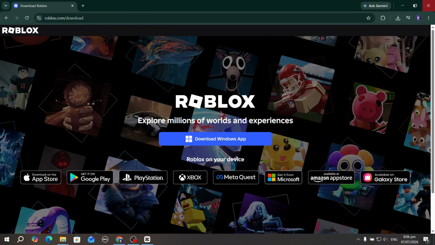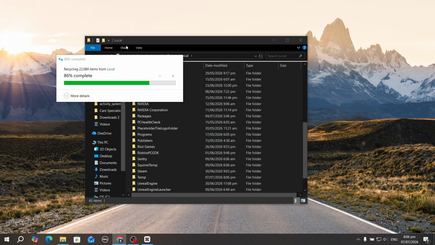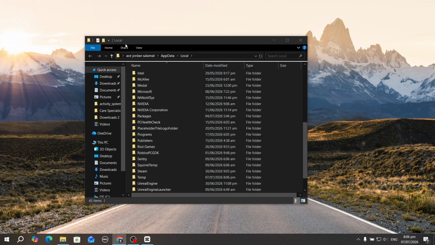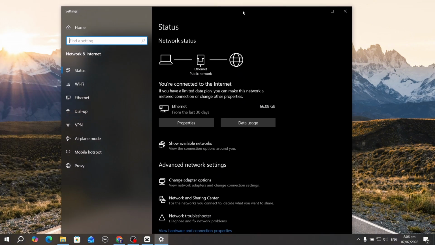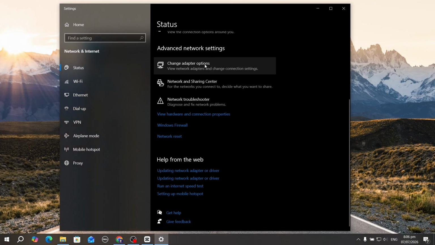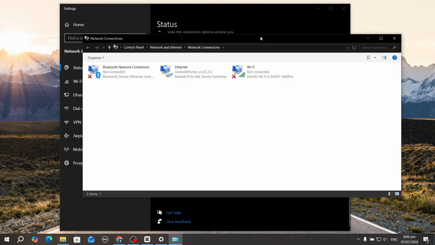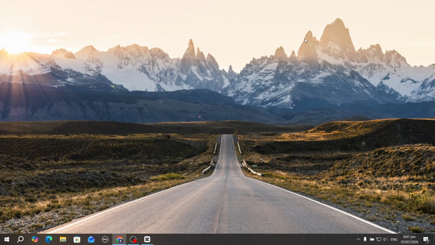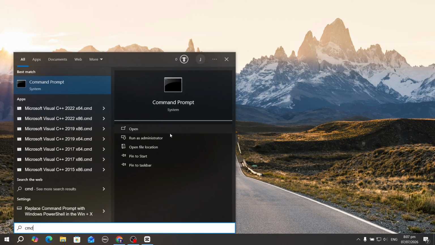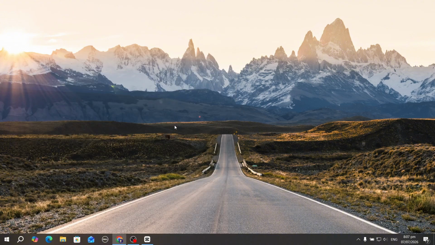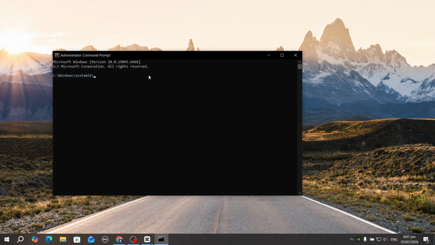If this does not work, then you need to type view network connections. It could be Ethernet, it could be your Wi-Fi, it really doesn't matter, depending on what you use. Go to your network settings, and go ahead and change adapter options. Here, just right click on your Ethernet or Wi-Fi and disable it. Try your Roblox again. If that does not work, go to your Windows, type in command prompt,